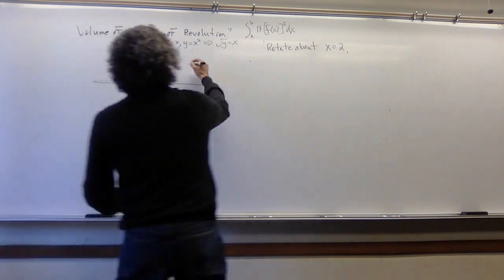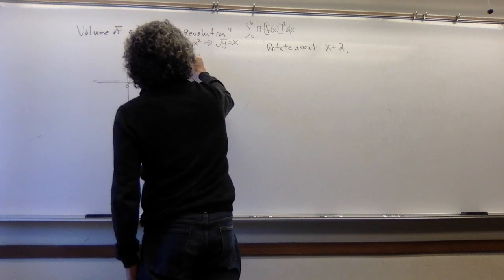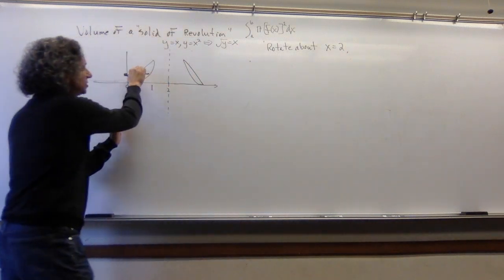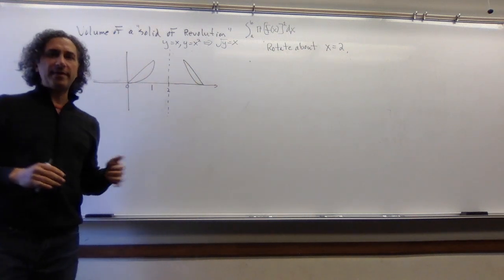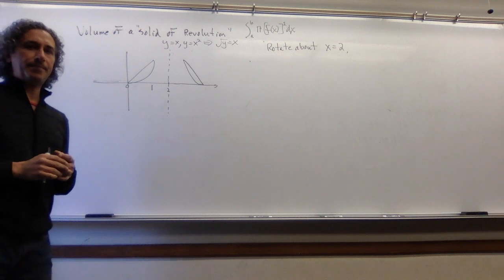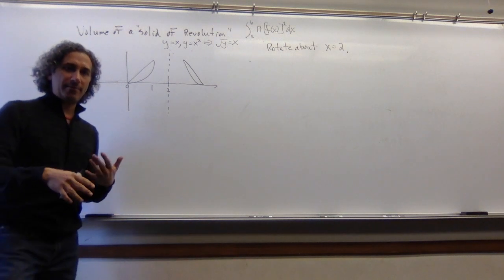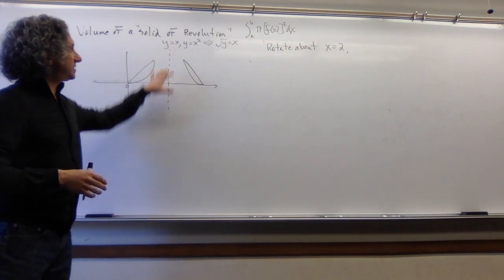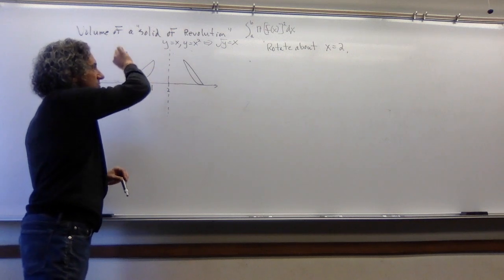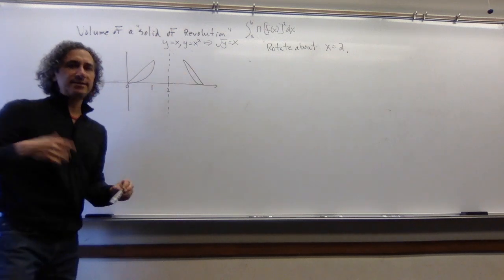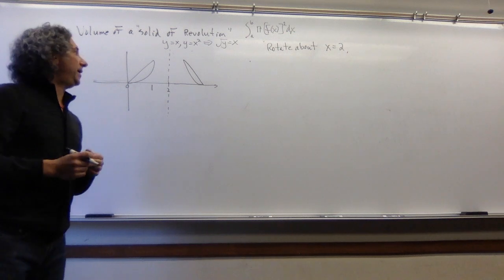All right, so let's see. The first thing I'm going to do is imagine rotating this around. So when I rotate it around, I should have something that's a mirror image on the other side. This problem is different than other problems in the sense that this quote-unquote solid is going to have a gaping hole in there, because when I rotate it around, it's kind of a weird shaped tube. But we can still approach it the same way.